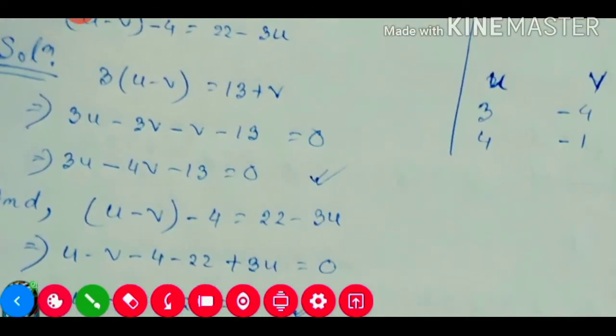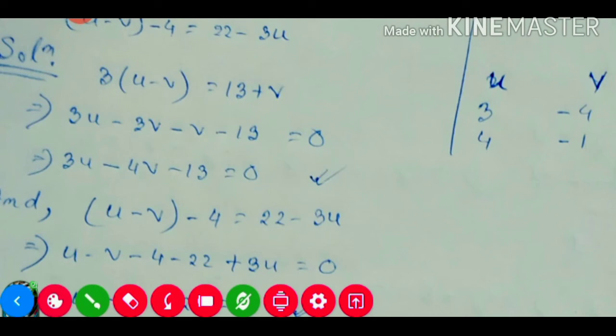Then this side, our right hand side is 13 plus b, so 13 when we are shifting this side it will be minus 13. The b we are shifting to the left hand side, so it will be minus b. Now like terms: 3u, no more u are there, so same will remain. The b terms are there, both are minus, so minus minus plus 3, and here nothing means 1, so 3 plus 1 will be 4b minus 13. So here the equation is finished.